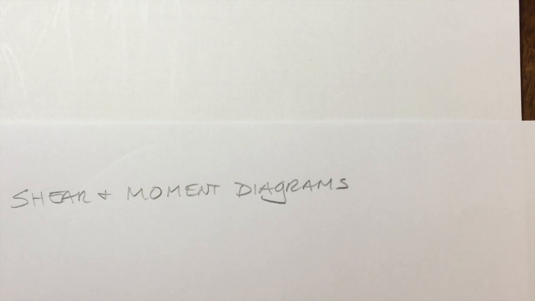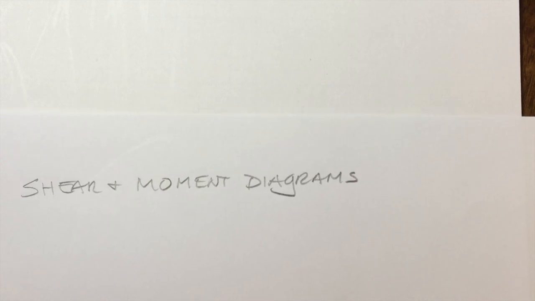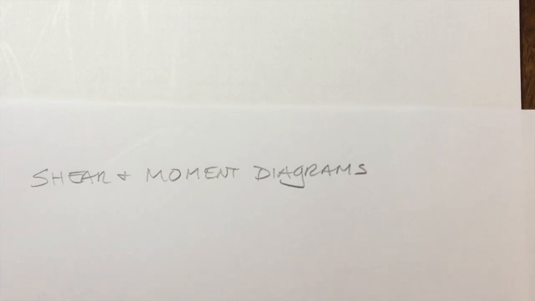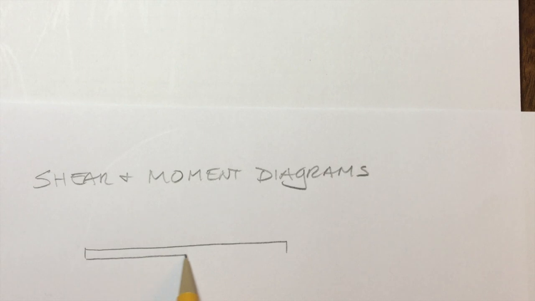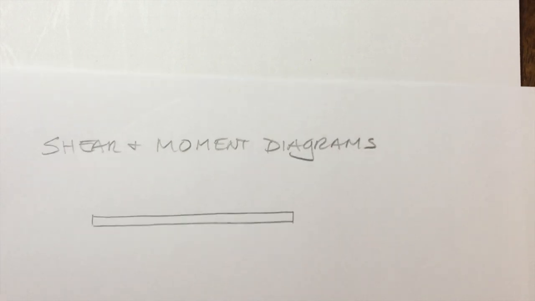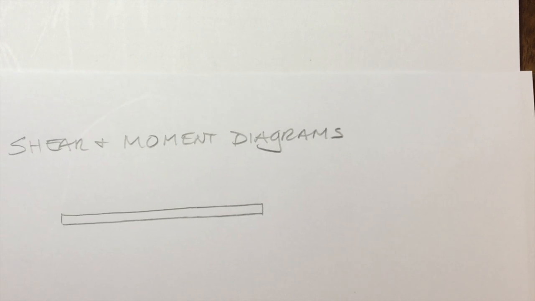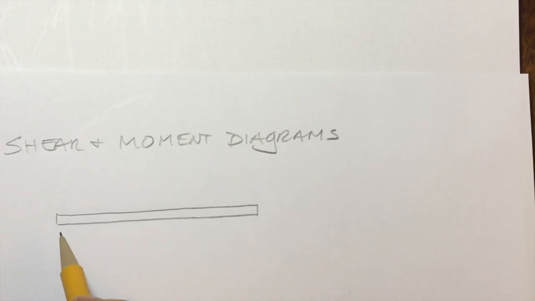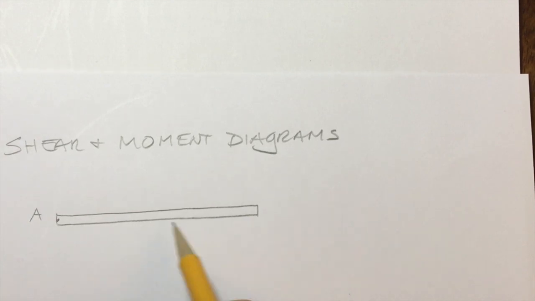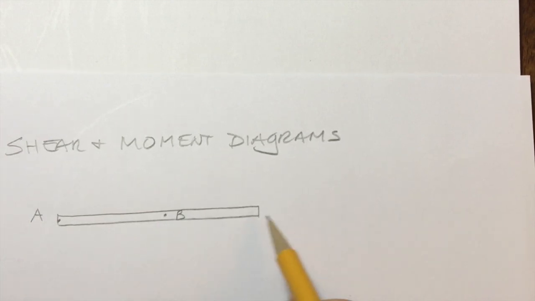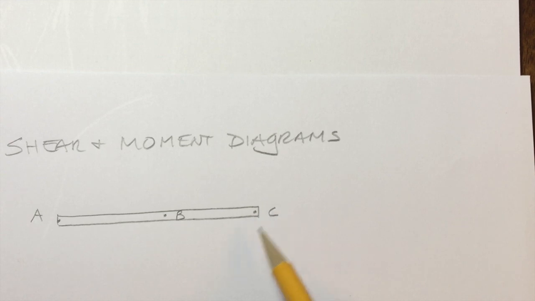Okay, the next section is called the shear and moment diagrams. So as engineers, when we're designing structures, we want to know what the internal loadings are in these structures. So let's just use beams for our discussion. So suppose you have a beam, point A, and you have point B here, as well as point C, and